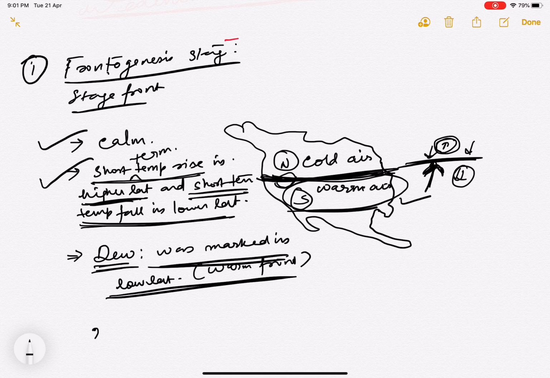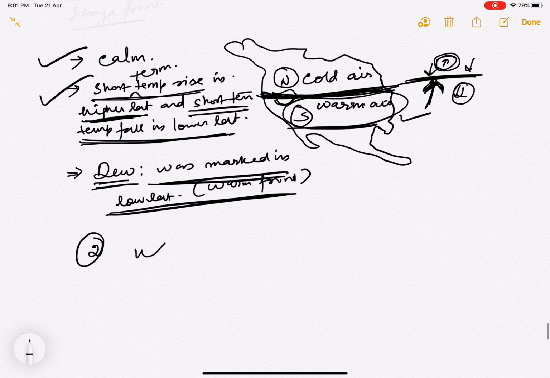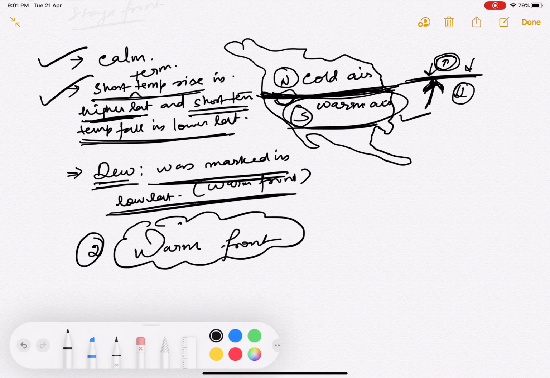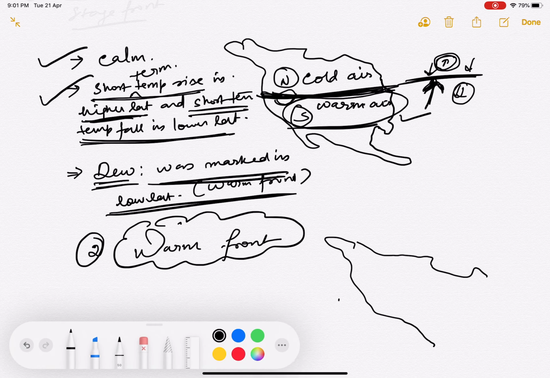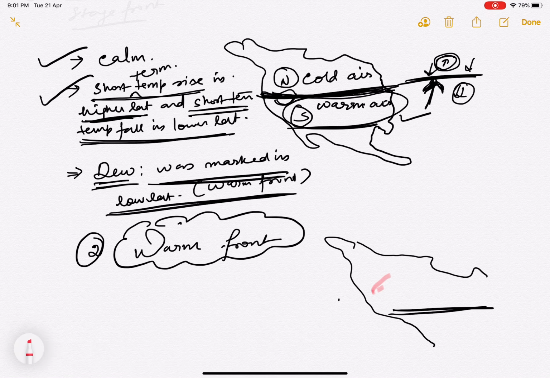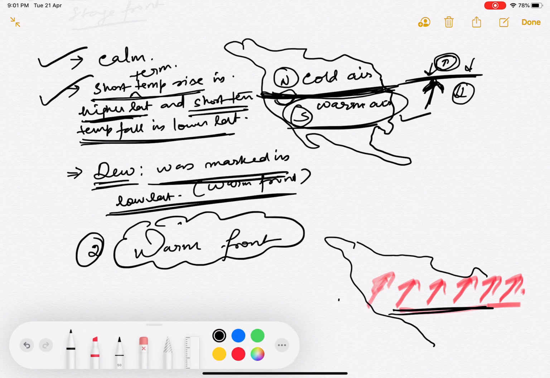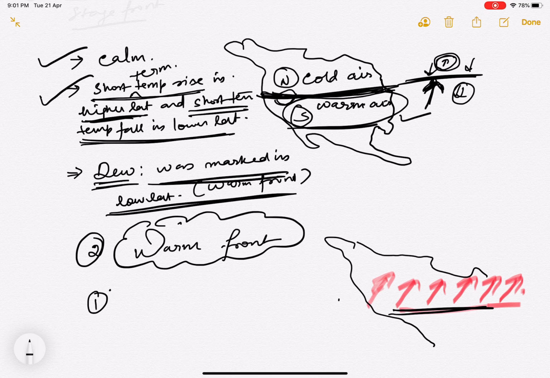Next. Second, we have the warm front weather. Now, what was this warm front weather? Now, basically what happened was that now this area, there was a march of the warm air. Now this warm air had, number one, this warm front results in the formation of a taiga type of